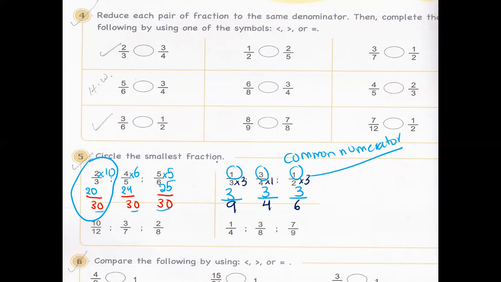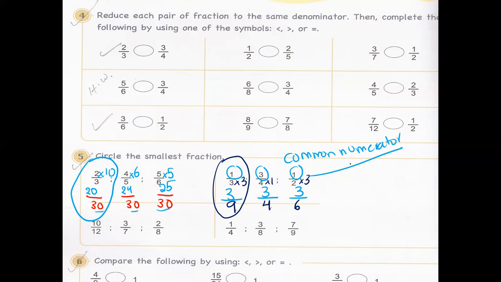We are choosing the smallest fraction, but all have the same numerator. When we have the same numerator, the smallest fraction is the one that has the biggest denominator, meaning the worst grade, the smallest grade. Which one here is the smallest grade? Here we need 3 points to get a full mark. Here we need 1 point to get a full mark. Here we need 6 points. So which one is the smallest grade here? 3 out of 9. So 1 out of 3 is the smallest fraction, the one that has the biggest